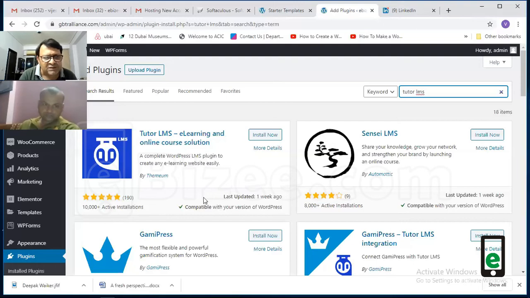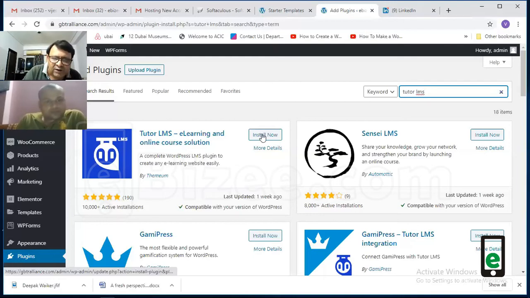In other LMS, if you want to integrate your LMS with WooCommerce, you have to buy the paid version only. This is the only LMS where, even in the free version, you can integrate with your WooCommerce. So your selling will happen with WooCommerce, but study will happen with Tutor LMS. This is the advantage. So what we'll do, we'll install this. In today's session, we will finish after installing Tutor LMS. The rest of the things we will take up in the next session.